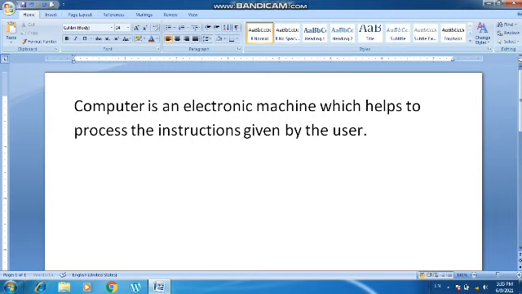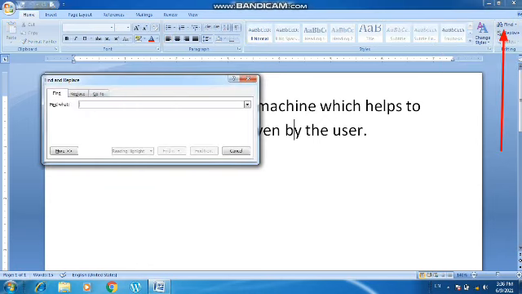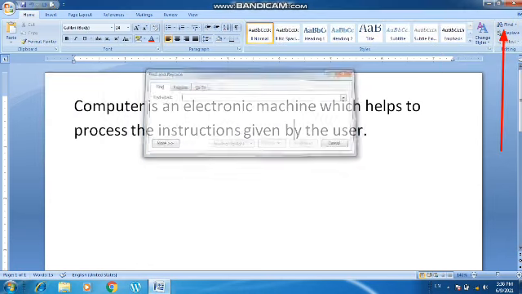Now let us find a particular word. It can be anything. I'll go to the home tab, to the top right corner. You can see find is written over here, and Control F is also the shortcut which I have told you. So simply you can press Control F as well. It will open the find dialog box, or if you want to go through the command, you can click on it.